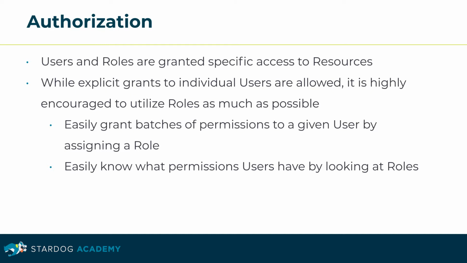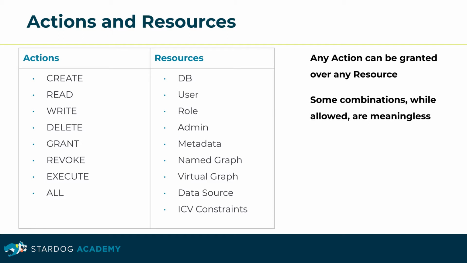With permissions assigned to roles, you're able to grant batches of related permissions to a user all at once. This allows for considerably easier onboarding, offboarding, and repositioning of users within the organization. It also lets you more easily know at a glance what permissions a given user has, simply by looking at that user's assigned roles. In Stardog, a permission is defined as a subject being granted an action over a specific